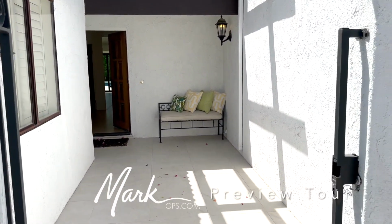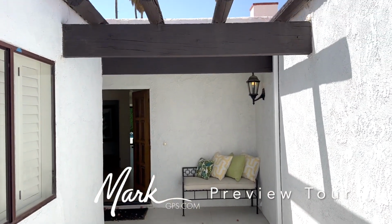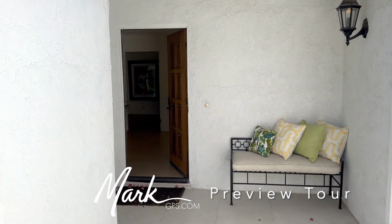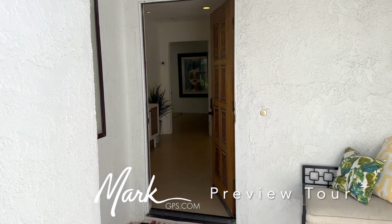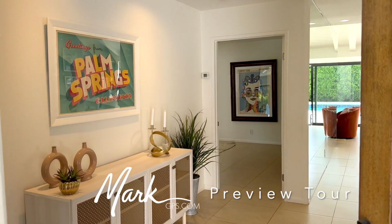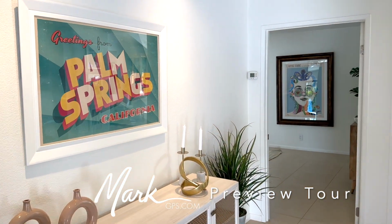So here is our front entry. When these were built, they had sort of an adobe style to them, so that's why we're seeing the timbers above. And Jesse is getting the place energized. I told him this would take all of 10 minutes, so he is walking around. So as you walk in